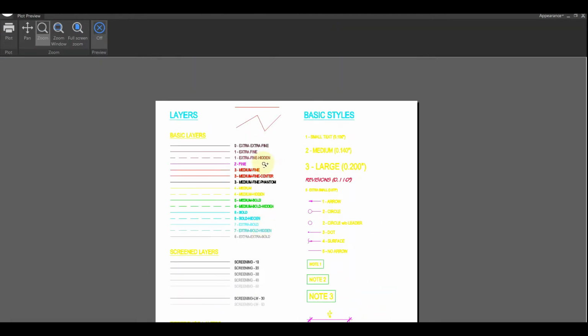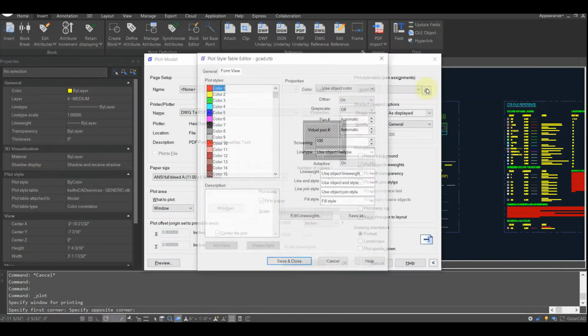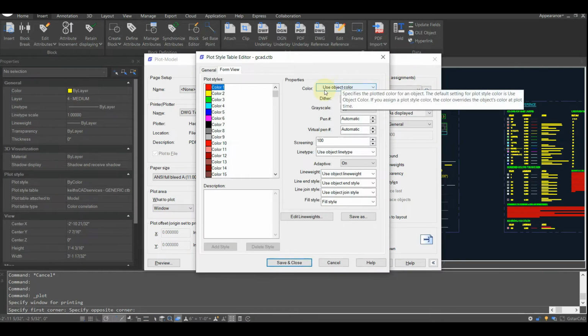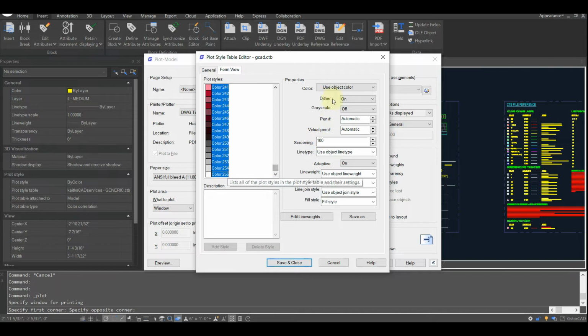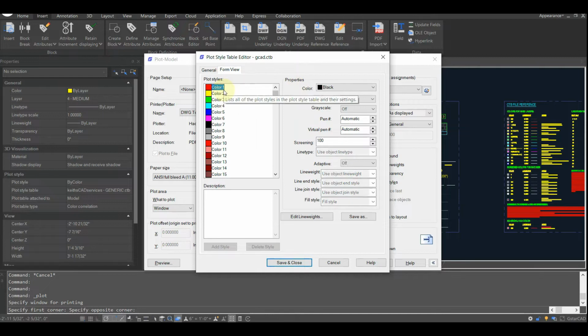So the reason for this, if we go into the plot style table, everything says use object color. So one of the first things you'd want to do if you're creating your own plot style table would be to set it to black. Because as you know, when we draw, usually most of the lines are black. So if you ever want something to print to its color, you go use object color,